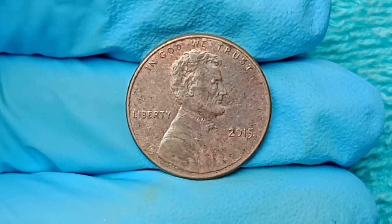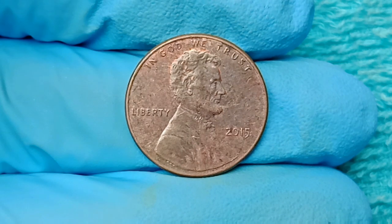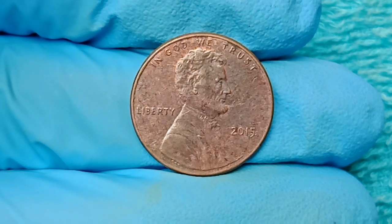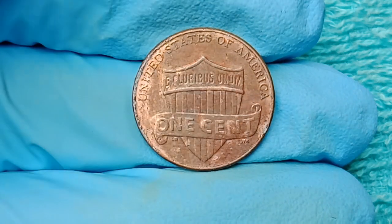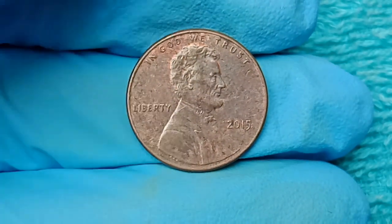And the most remarkable specimens combine multiple errors such as a double die, off-metal composition, and off-center strike, a trifecta that is so rarely seen together on modern coins that when one example was discovered and authenticated by PCGS as Mint State 69 red with a certified triple error profile, it sold at a private auction for over $21 million, and its discovery ignited a frenzy among collectors and treasure hunters who suddenly realized that their everyday change might hold